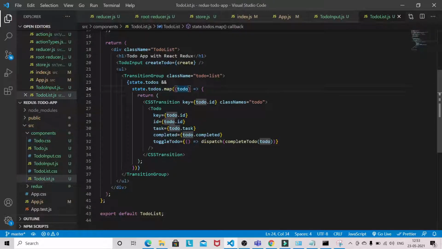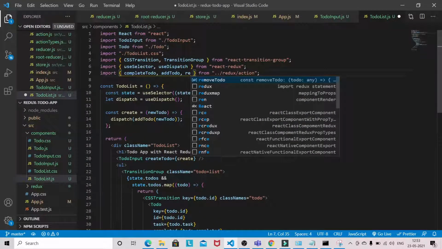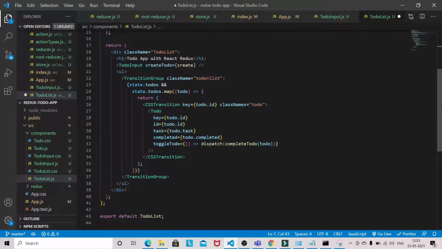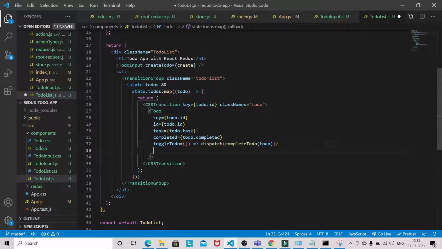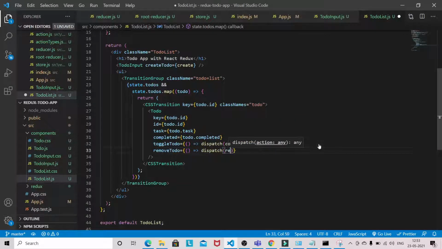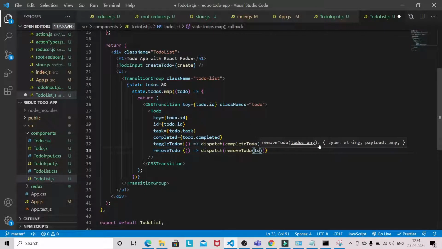Come here and just import the action remove to-do, and we will be passing remove to-do is equal to, we can directly dispatch from here remove to-do and to-do.